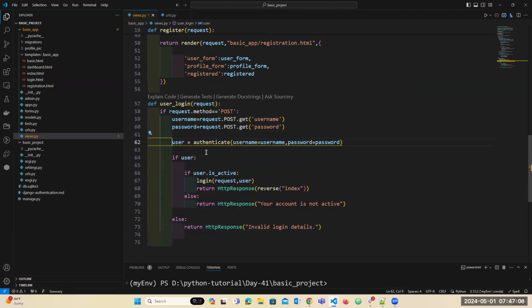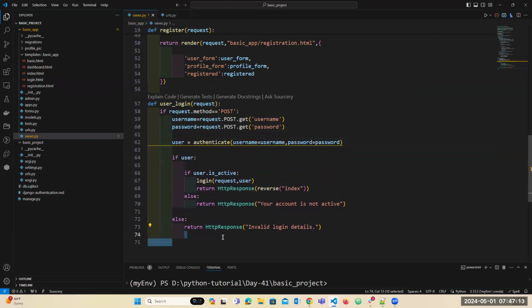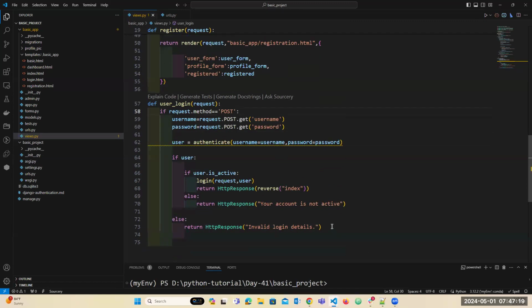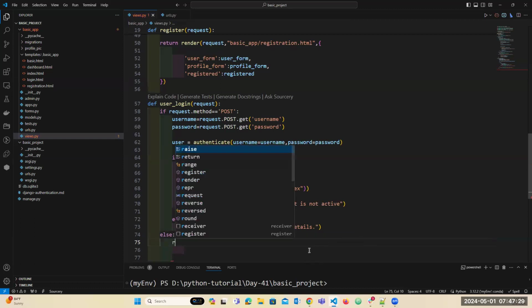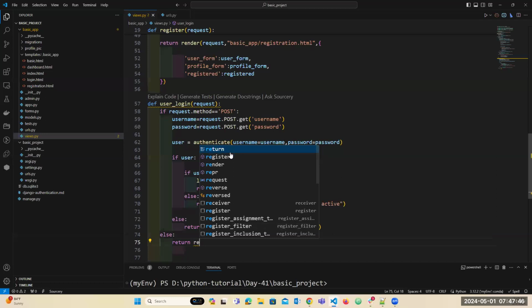So I don't know why it is given this yellow line. Okay, fine. That is about the user login. Then finally, the final post. If this is not a post method, I'm asking to do one more thing. Else, the final else is return. What I will return here, I will render,